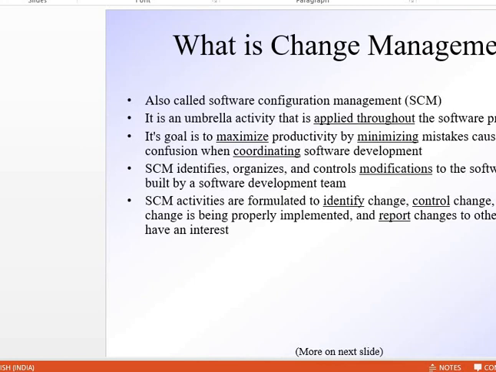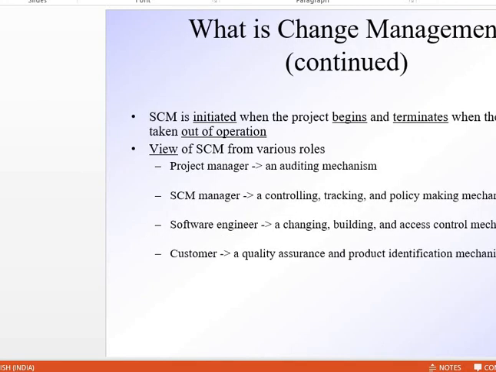Its goal is to maximize productivity by minimizing the mistakes caused by confusion when coordinating software development. It might be possible that the software you have developed has some faults because of coordination mismanagement.